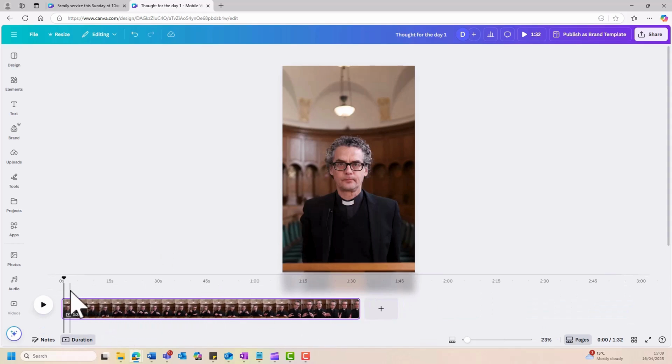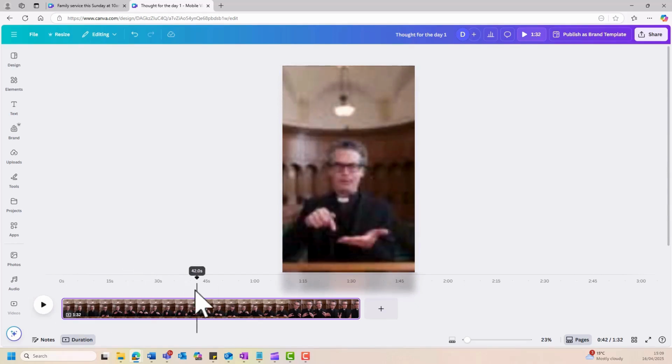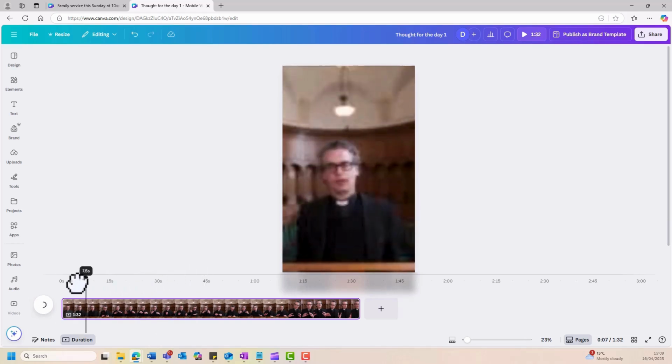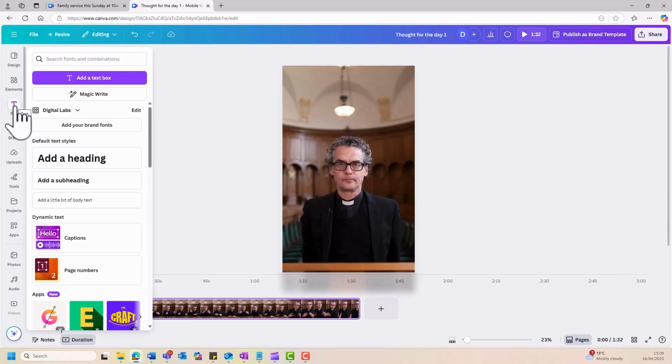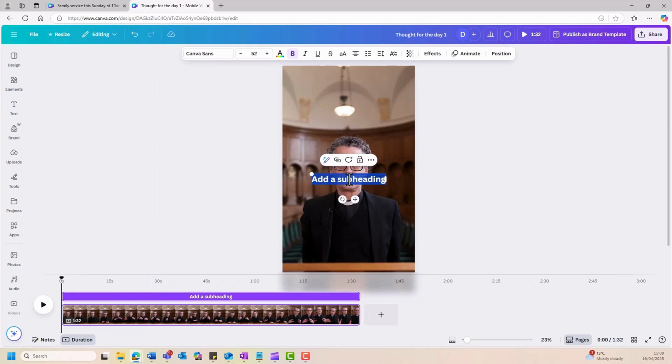Now we can see in more detail the length of the video, and we can move along that timeline and use this timeline to add certain things at certain points. So now we've opened timeline view, we can add our text. Go to text, we can add a subheading, and then we just add the name of the person who's speaking. So we just paste that in,